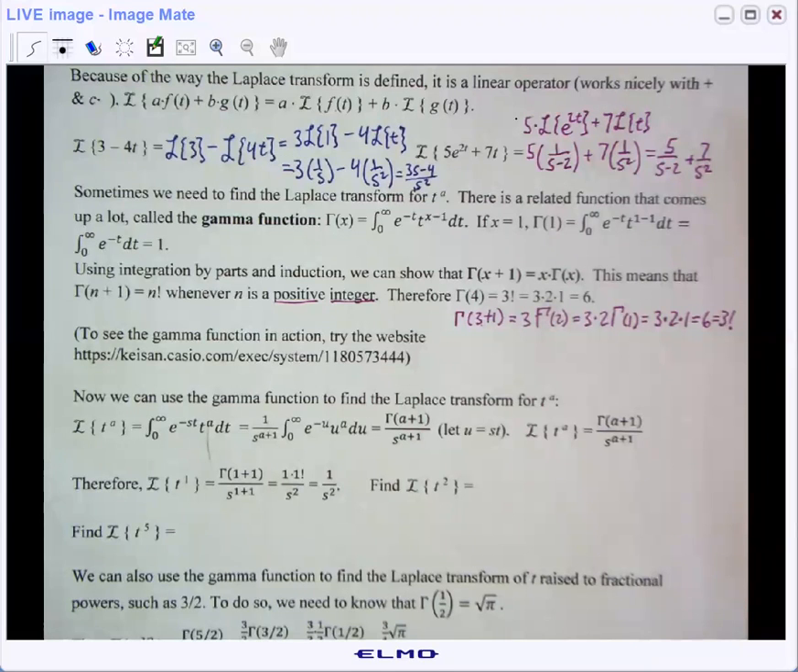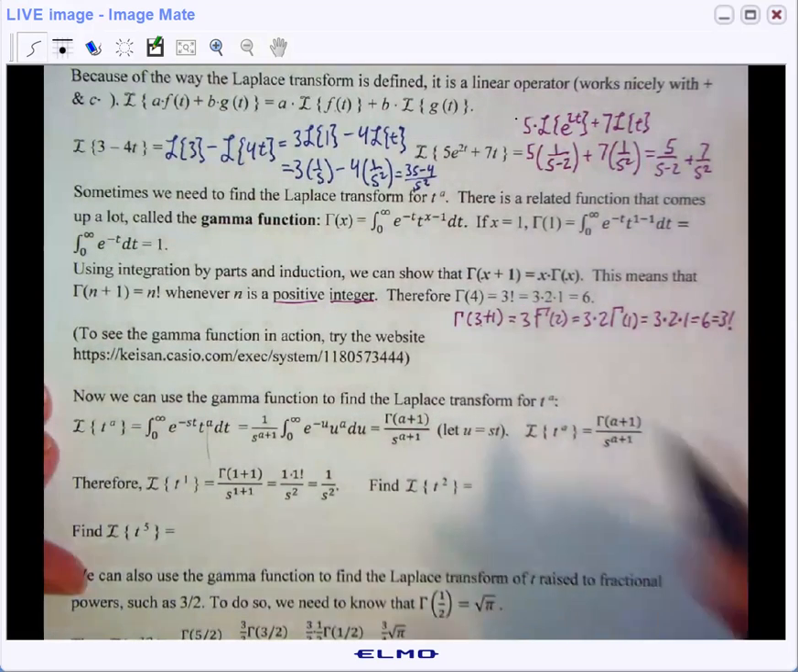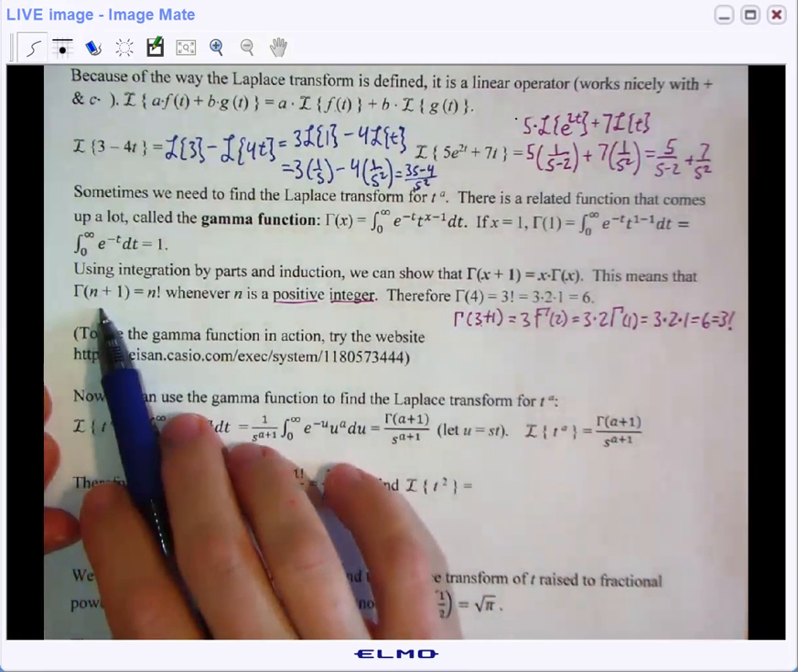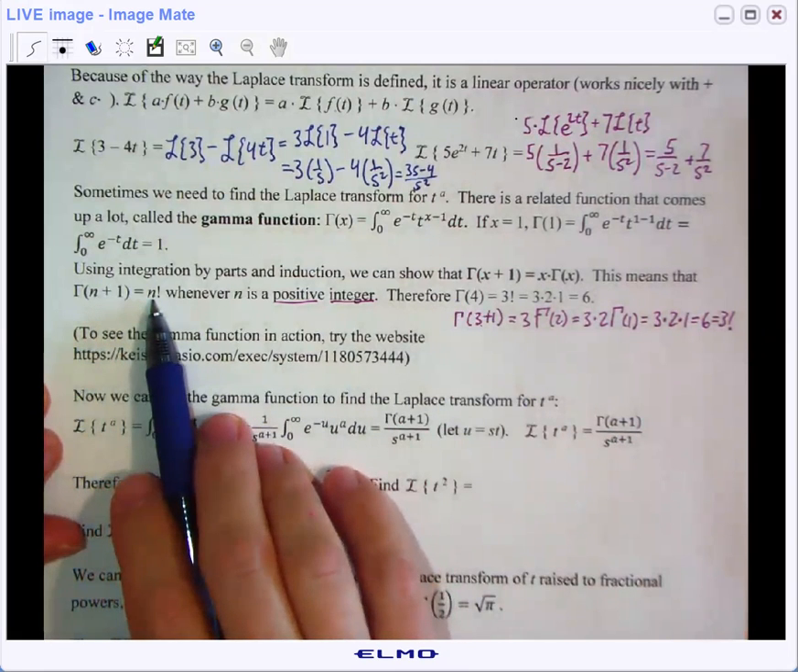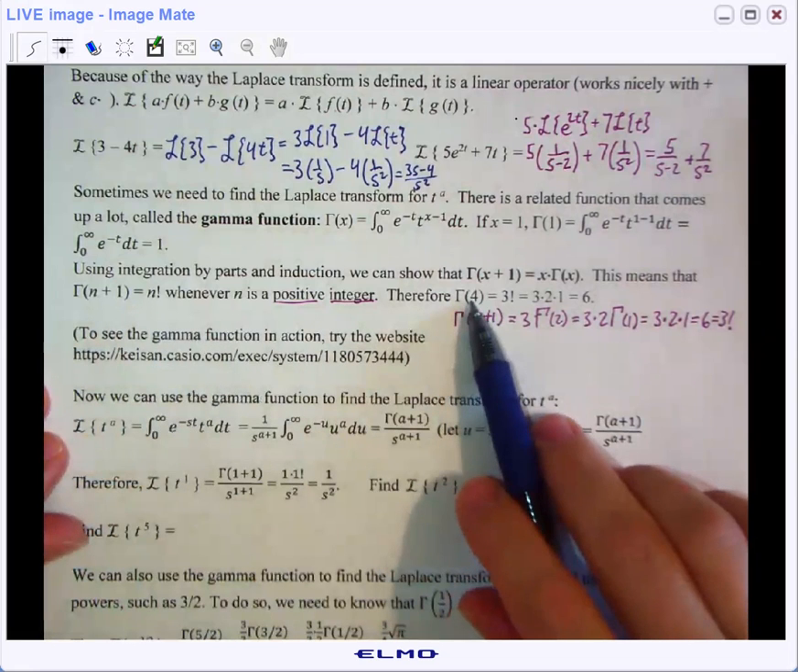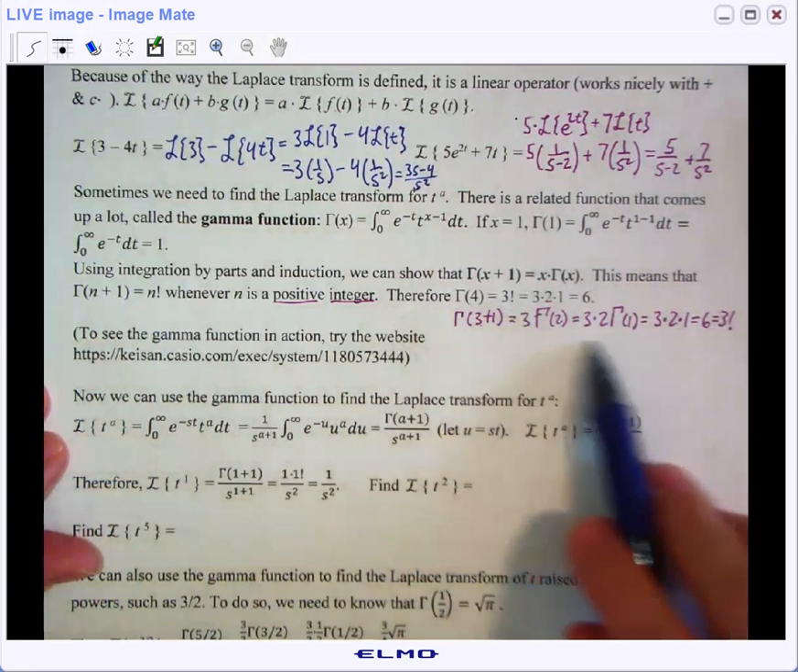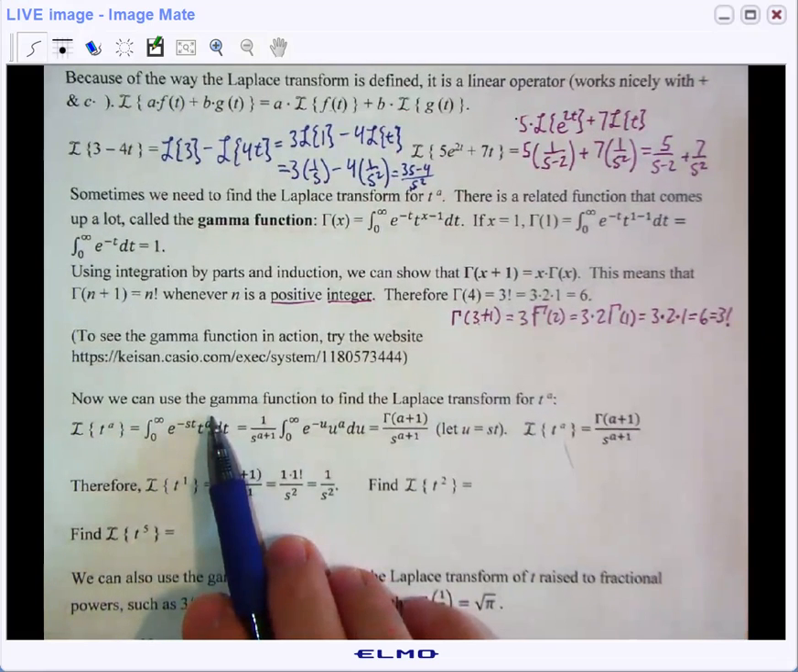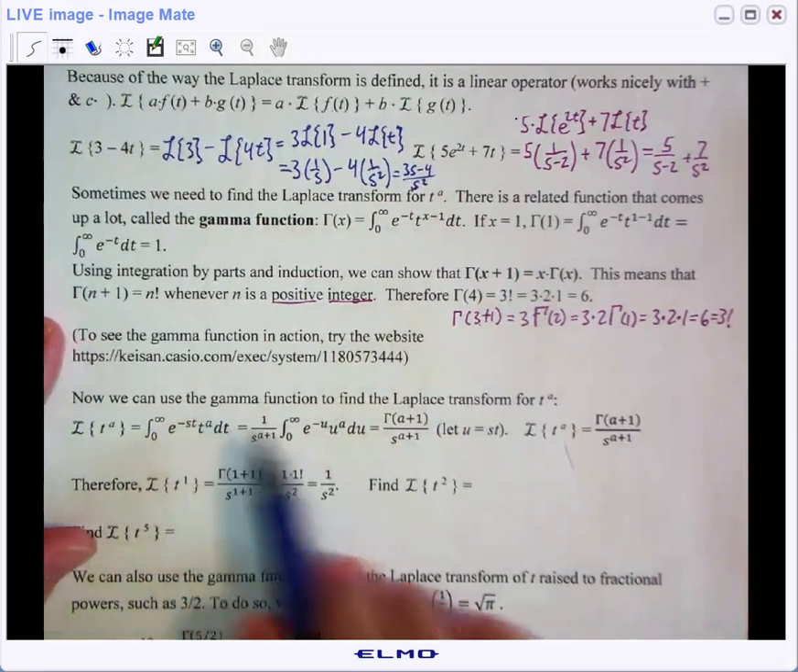Welcome back to part 3 of the Introduction to Laplace Transforms. We just got done talking about the gamma function, and notice that the gamma function of n plus 1 is n factorial. So the gamma of 4 was 3 factorial. We can now take the gamma function and use it to help us find the Laplace transform for t to